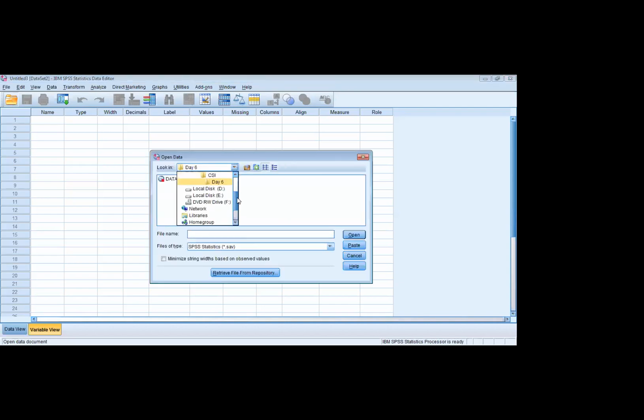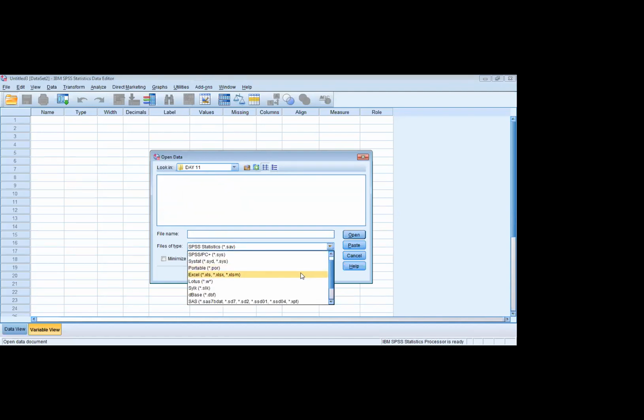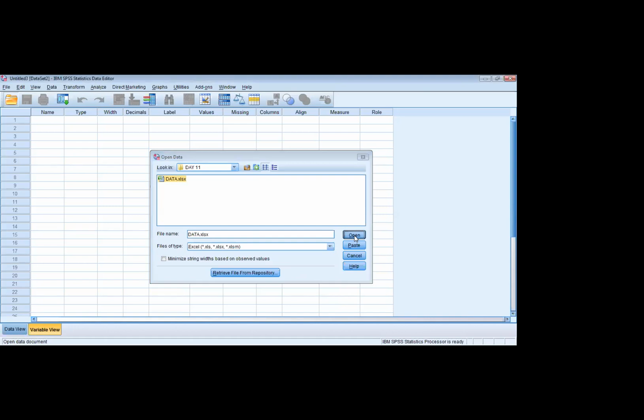Here we can select the location. My data is on my desktop in the folder CSI. In that folder, day 11, my data file type is Excel. I am looking for an Excel file, so I need to select Excel, then select the data and click the open option.